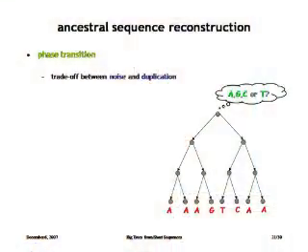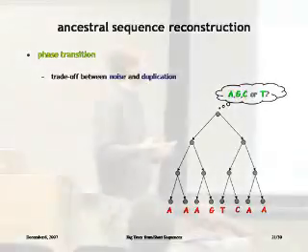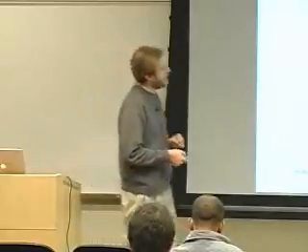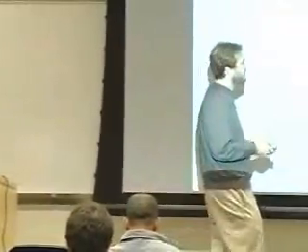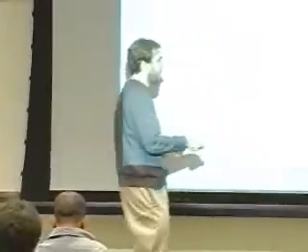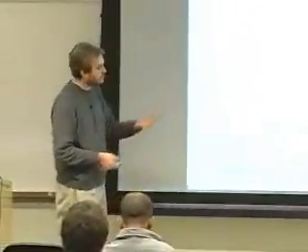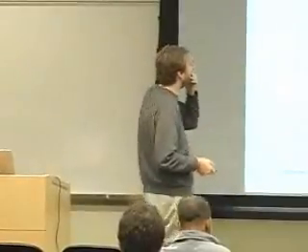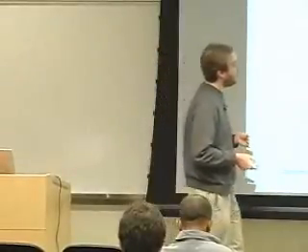Okay, to understand what other information I'm going to use, I have to talk about a related problem, which is the ancestral sequence reconstruction problem. Now I have this tree. Suppose that I know what the tree is. I look at one site at all my species. I see a bunch of A, G, C, and T's. And now I'd like to guess what the value was at one of the internal nodes. Was it A, G, C, or T? The question is, how accurately can I do this reconstruction?